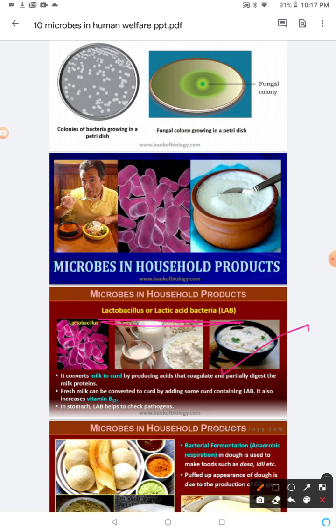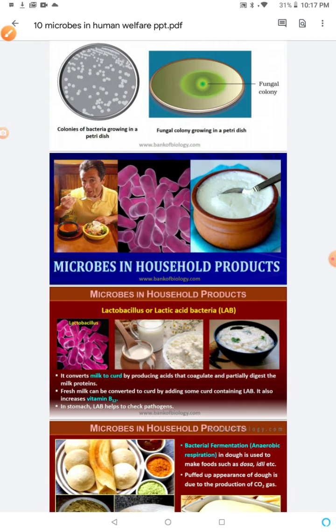the curd. It converts the milk to the curd, producing the acids that coagulate and partially digest the milk proteins. The fresh milk can be converted into curd by adding some curd containing LAB, that is lactobacillus bacteria, and it also increases the content of vitamin B12. So nutritional content is increased by this lactobacillus bacteria in the curd, and in stomach the LAB helps to check